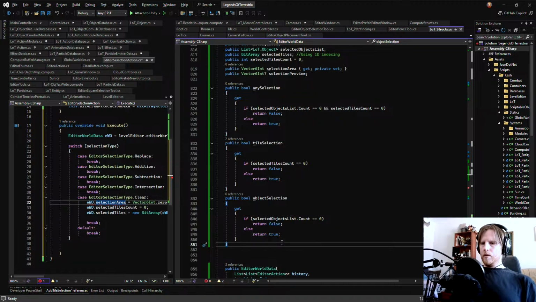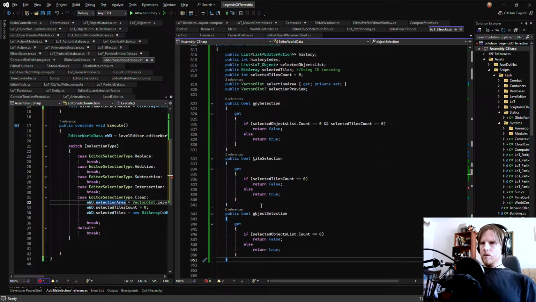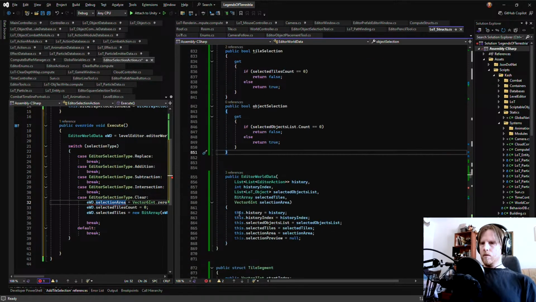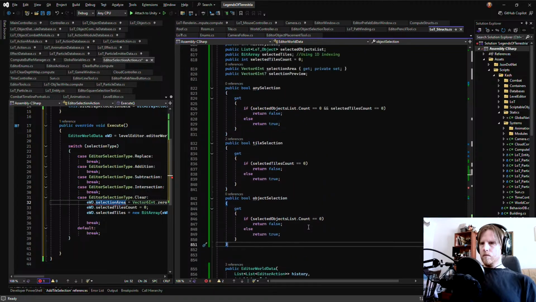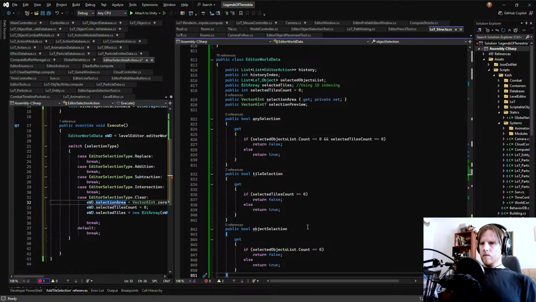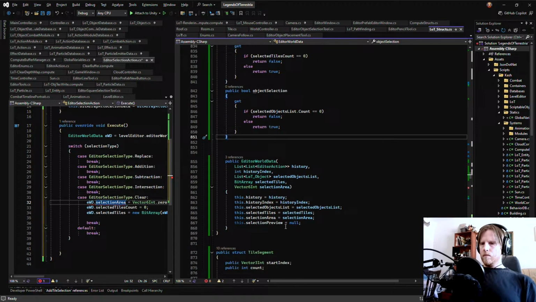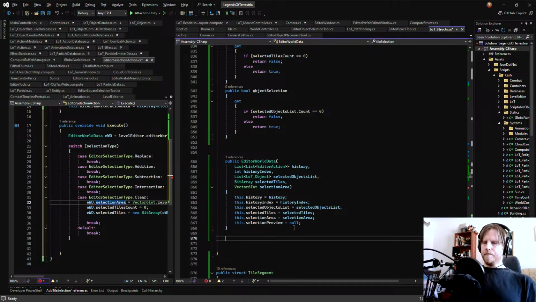It should be like editor world data, public void resize bit array.